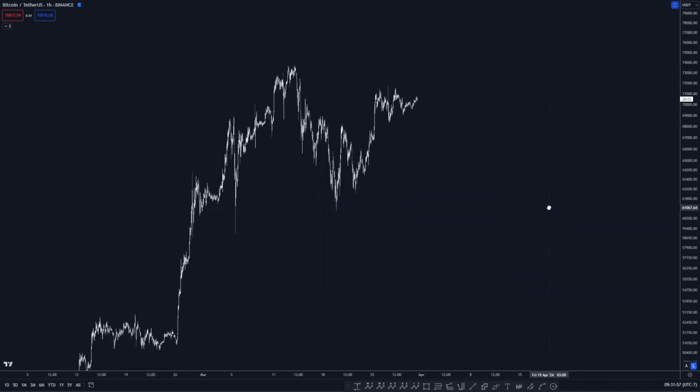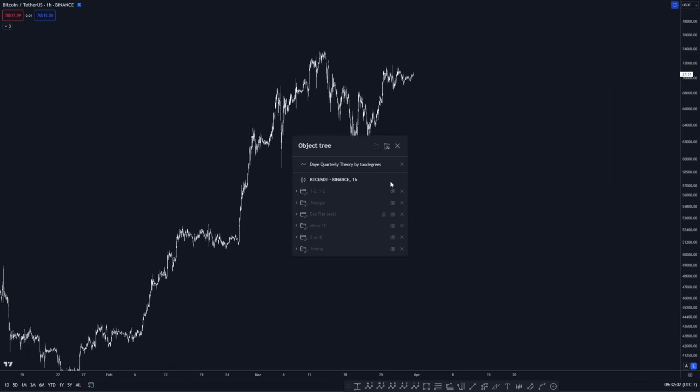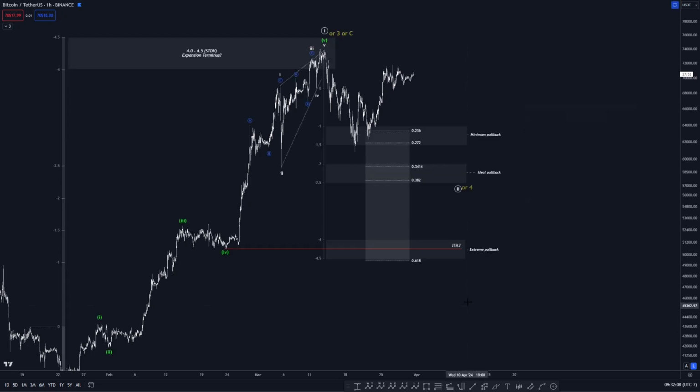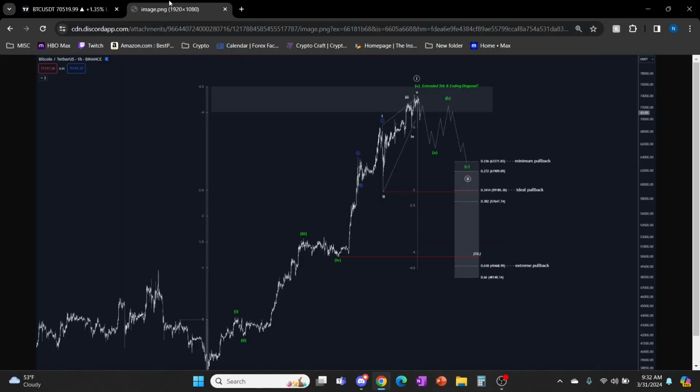Managing expectations is something I talk about a lot. And it really comes down to those three factors that I just discussed: structure, time, and levels and price. So just going back to pretty much our roadmap on the diagonal, this is something that we were observing. Structure-wise, we completed a 5-wave move and extended 5th with an ending diagonal for an impulse. Price level-wise, we hit our projected area for the terminus of an expansion, or when an expansion is likely to end.